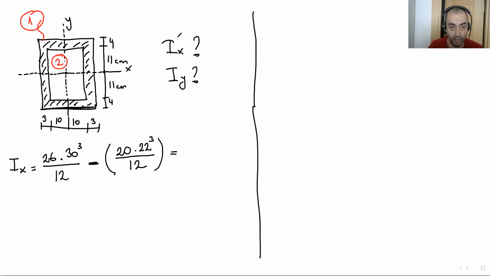Ix here. By the way, the question I wrote here is wrong. The question is about the x-axis, not Iy. But you can do Iy by yourself. Now the result is